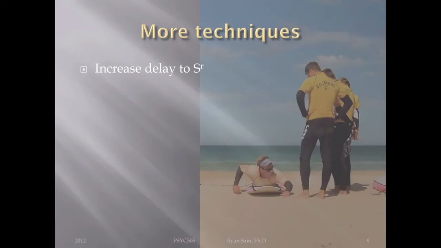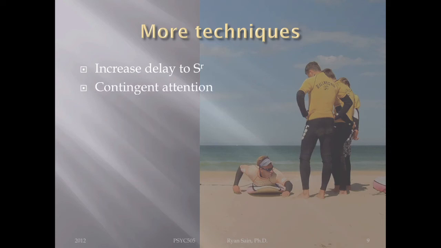Other stuff, increased delay to reinforcement. This is about teaching in a natural sort of setting, right? So switching from that contrived to the natural and/or automatic setting. I engage in a behavior today, it's not necessarily going to produce a reinforcer today. It would be ideal if it would, as we know about with the immediate reinforcement stuff, but likely it's not going to. So we need to slowly start delaying the access to the reinforcer. So engage the behavior, you're going to get the reinforcer, but we're going to increase the delay. 2 minutes, 5 minutes, 10 minutes, 20 minutes, an hour, a day, that type of thing. And then a lot of people use self-talk in the meantime to bridge that gap between the time they engage the behavior and the reinforcer, saying, ooh, okay, I did this response, I'm going to get a reinforcer for it later. Works pretty well.